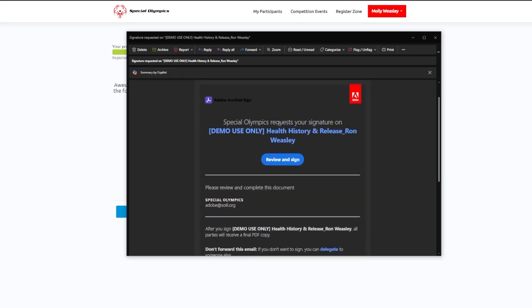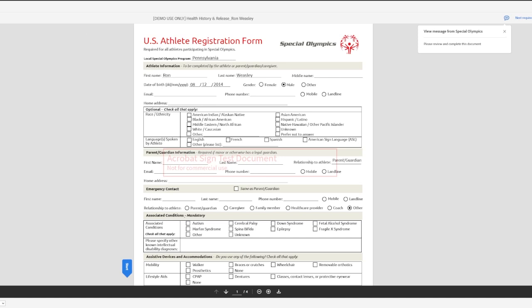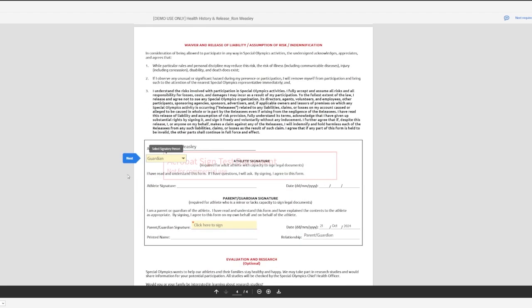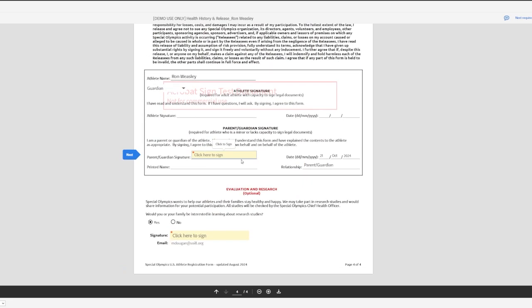So the parent or guardian will receive this email with the document for them to review and sign. All they have to do is click Review and Sign, and it'll open up a web page either on their computer or, if they're using a mobile device, open it up on their mobile device for whatever Adobe compatible browser on their phone that they have. They'll see very similar information, a summary version of the health history and release. They can click the little blue checkbox here and indicate that they are the guardian of this athlete, and then